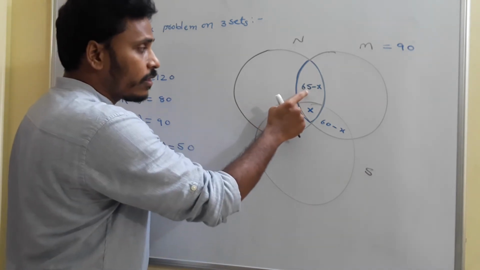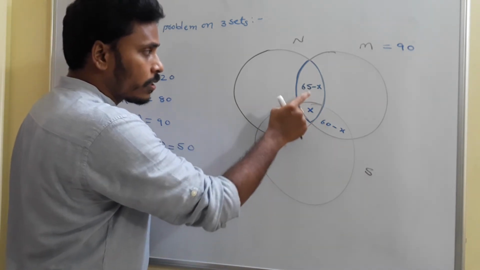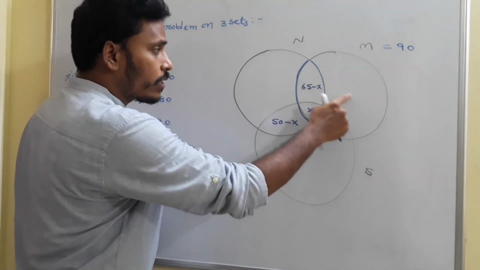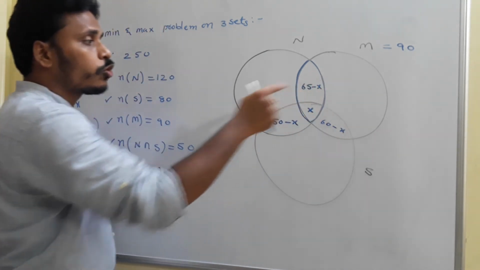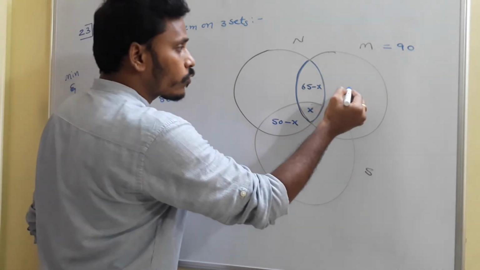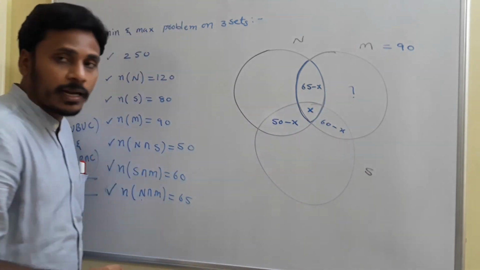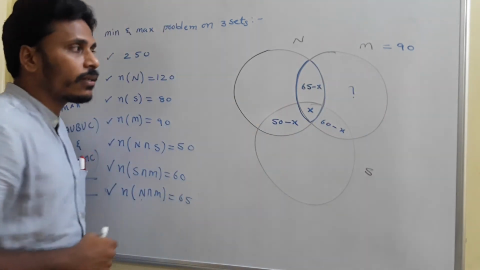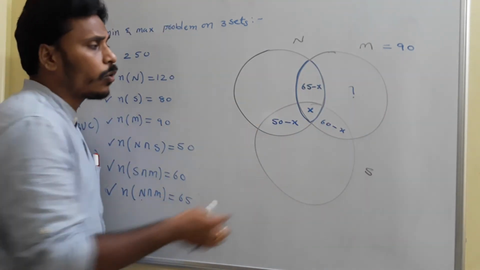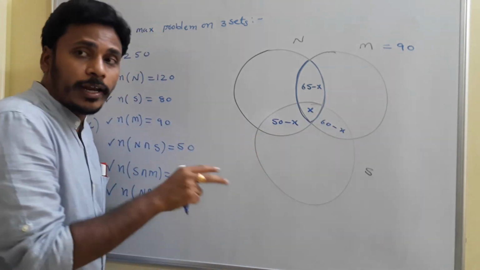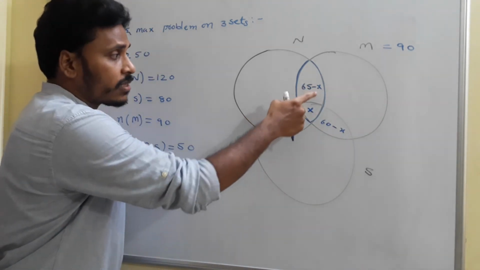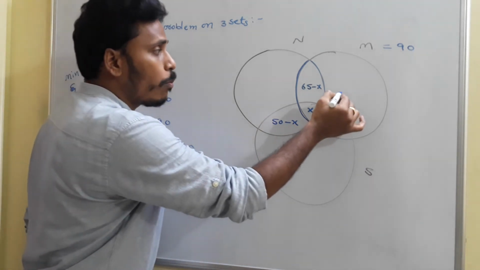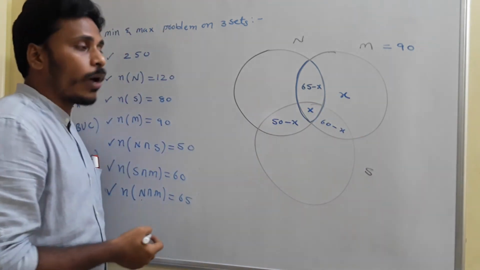So if you add these four numbers, 65 minus X, X and 60 minus X along with some other number, the total value should be 90. Since you don't know this value, for some time take it as a question mark, add all these numbers and equate it to 90. From there you will get the question mark value. First of all, try to balance the x's. Minus x plus x will get balanced. Still one more minus x is there. To balance it, I need 1x.